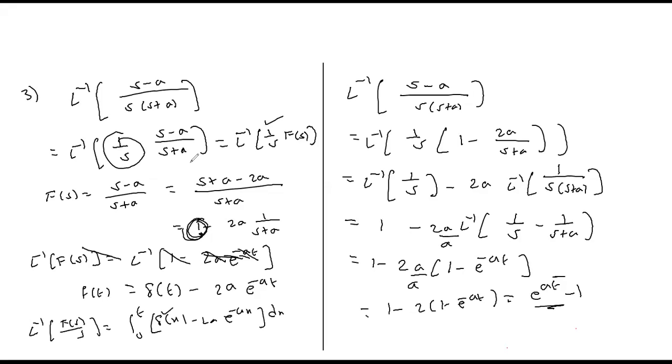So sometimes you may get problems like this. You may try to apply the division by S property, but it involves integration of certain functions, and that may be quite difficult to do sometimes. So you have to wisely choose the method, whether it is easy to apply the partial fractions method like this, or easy to apply the division by S property. Is that clear to all of you?